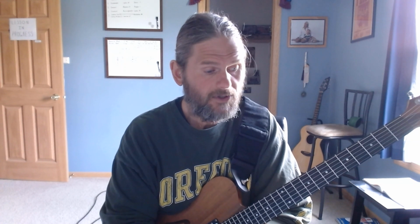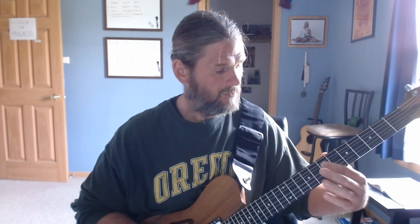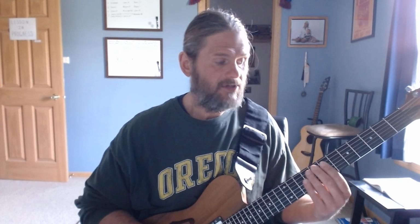So the intro is a D chord. You're just barring with your first finger like this. And you can basically refer to it as a D over A because you've got the A in the bass here. So you get a D chord, and then you hammer onto a G over B chord,